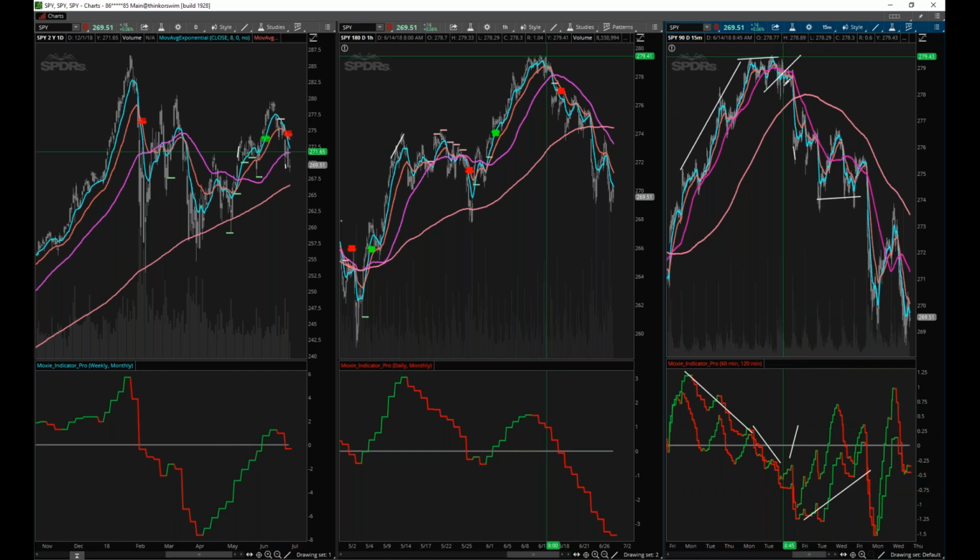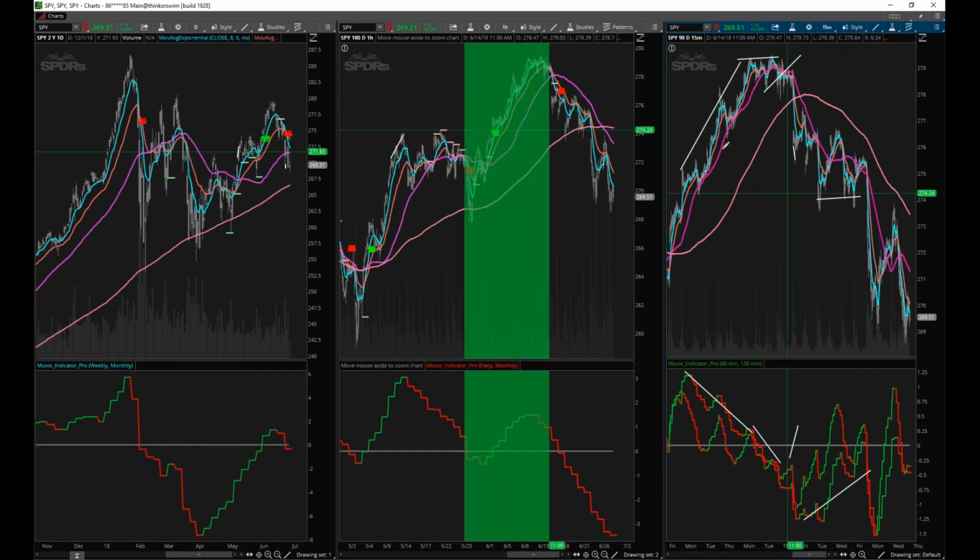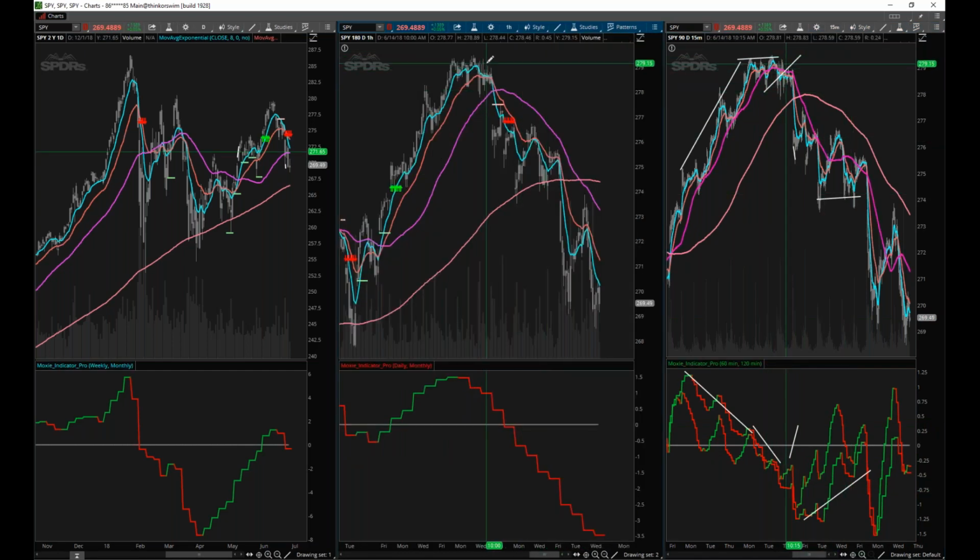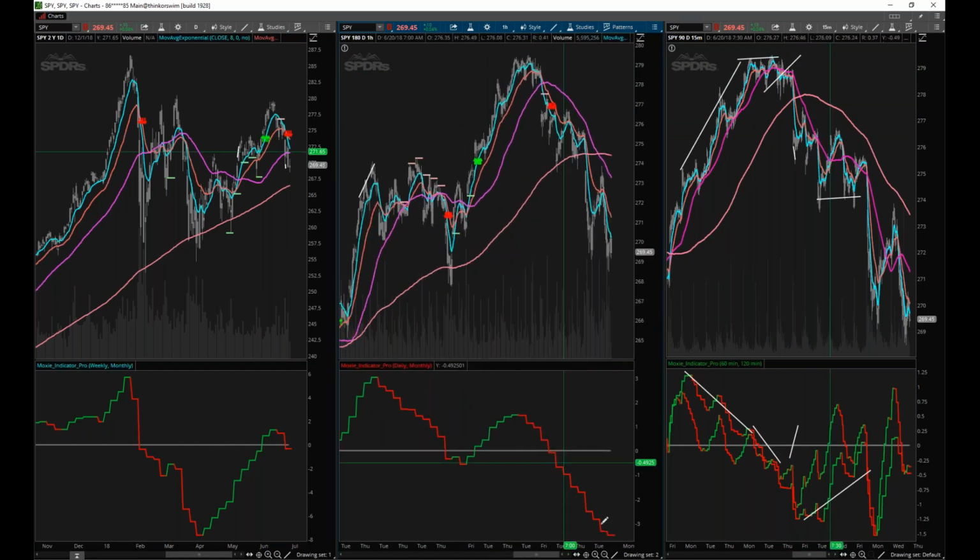And that was our exit on the 15-minute, and it got real close there on the daily, on the hourly. You can see, and then after this, we got a little bit of a trigger. Looking at this, you can now see that the Moxie indicator is way under 0. I don't see us rebounding too easily anytime soon. And if we do, it's going to be a false breakout, and I'll show you some examples of that.